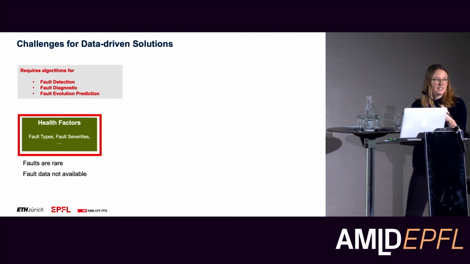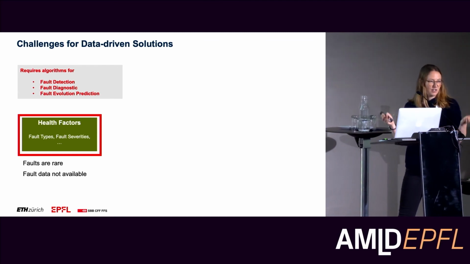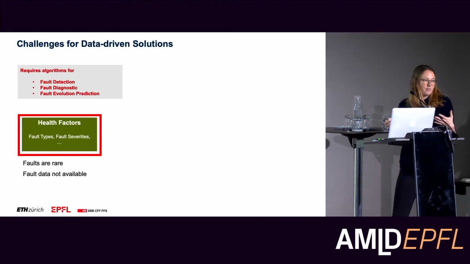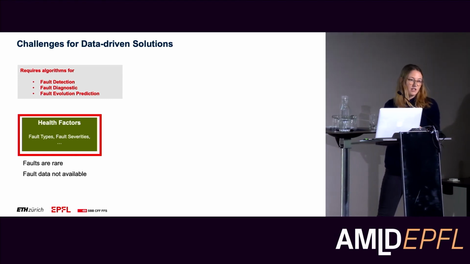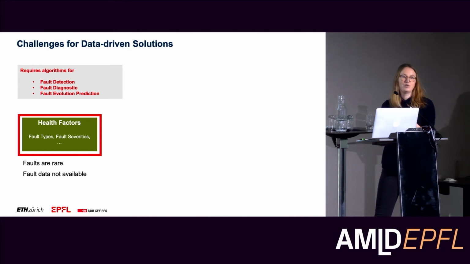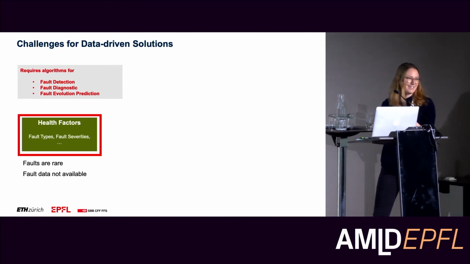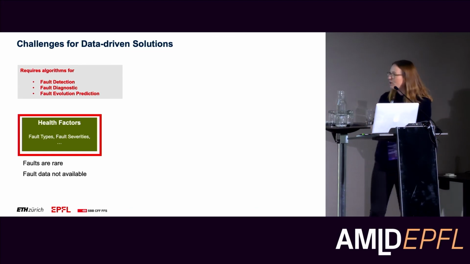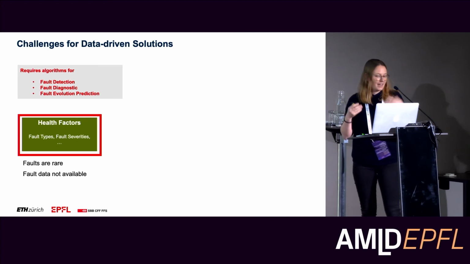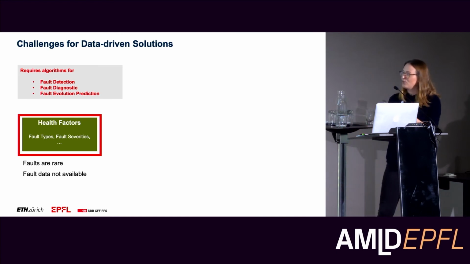However, in operating industrial assets, especially if they are safety critical, we hardly have many faults. So we also have very little fault data available. In our case, it even took a really long time to acquire a test data set. It's ongoing. And that is, of course, a problem because you want to train a model that is able to detect and diagnose these faults, but how do they look? We don't have the data for it. Of course, you can do an anomaly detection model that just detects anything that it has not seen before,